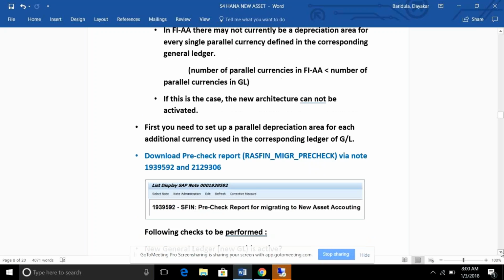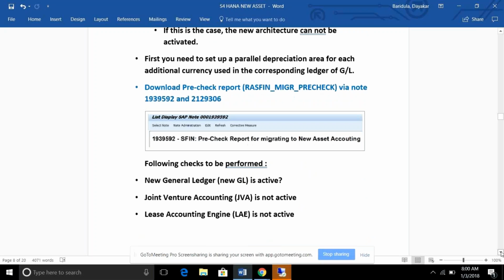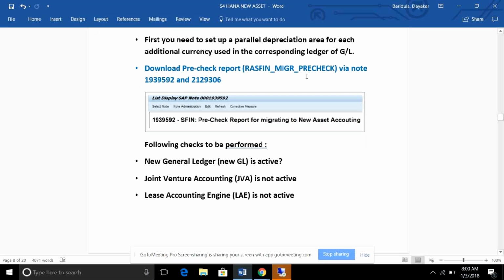And there is a program given, MIG_PRECHECK. By running this program, we can perform all the checks on whether we can go for migration or not.